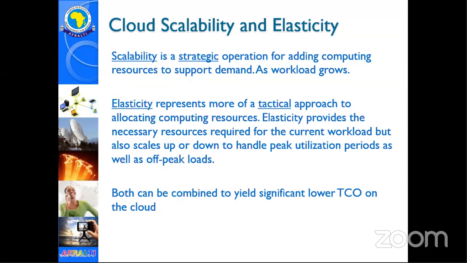Now, the other element, apart from availability, which I've touched on, is scalability and elasticity. Now, scalability is more of a strategic design thinking, where we say that as an organization today, we are 50 people. But in the next 5 years, based on the way business is doing, we might be 600. So we'll need compute capacity that will be able to grow with us as we move from 50 to 70 to 100 to 150 to 600. So you scale based on your need, yeah? While elasticity is more of a tactical approach, where you allocate computing resources based on necessity.